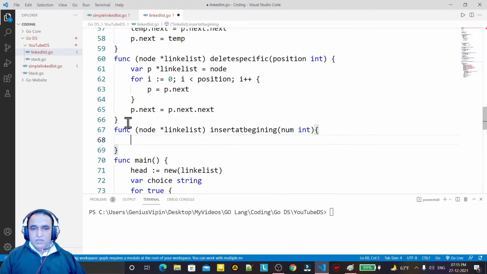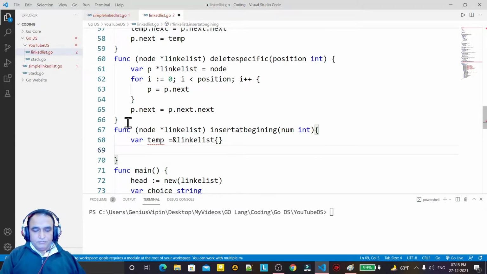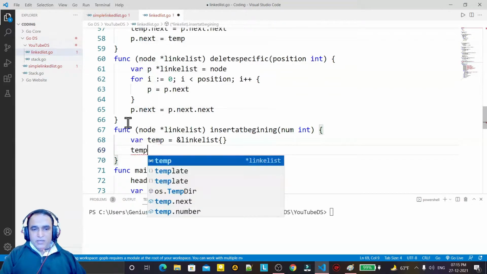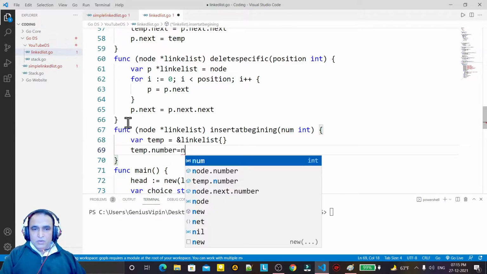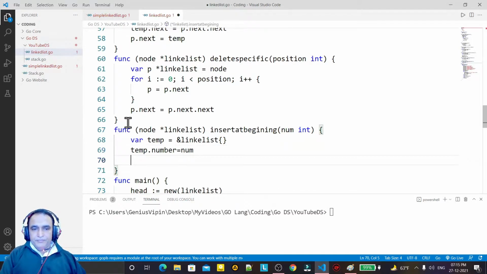For that, again I have to create a temp like this, linked list. Then because I have to insert at the beginning, I say temp dot number equal to num, which we are passing here.